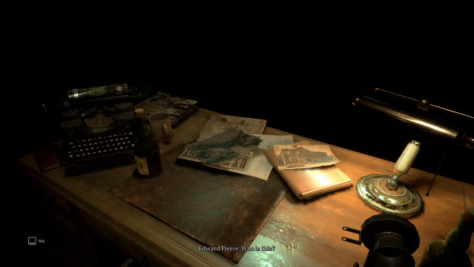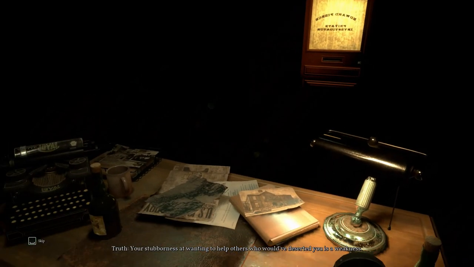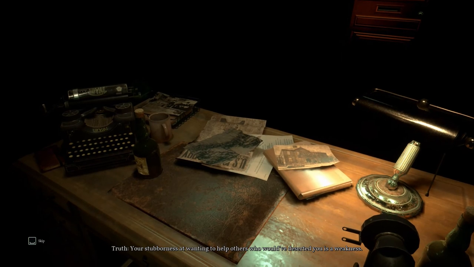Who is this? The quest for truth requires sacrifice. There's no room for compassion. Who's there? Your stubbornness at wanting to help others who would have deserted you is a weakness. Fate leads us inevitably to solitude, and in one's final moments, one is always alone. You can't escape it forever. It will always find its way. Damn